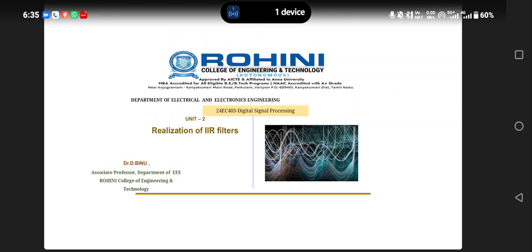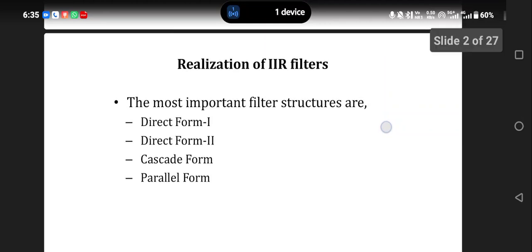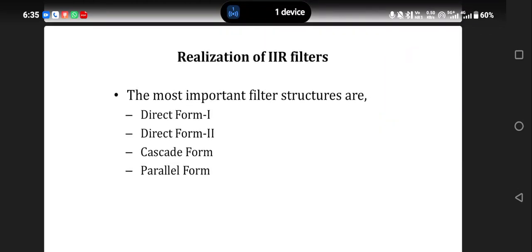I'm Dr. Binu. In the Digital Signal Processing subject, the fifth topic in the second unit is realization of IIR filter. The IIR filter can be realized by means of four common methods: direct form 1, direct form 2, cascade form,